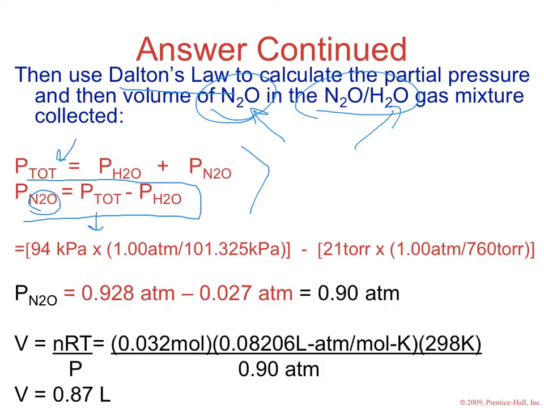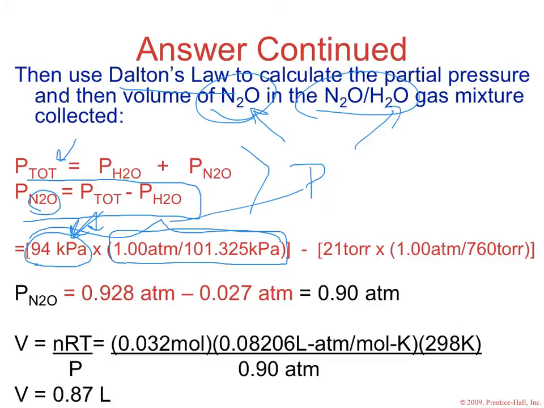The problem gave you the total pressure as 94 kilopascals. I'm going to convert that to atmospheres so that all of our units match. And so this whole portion is simply the total pressure. We're going to subtract from the total pressure the pressure due to the water vapor,